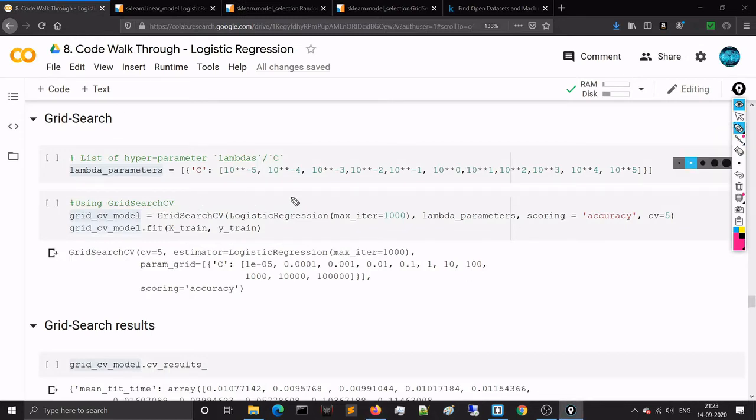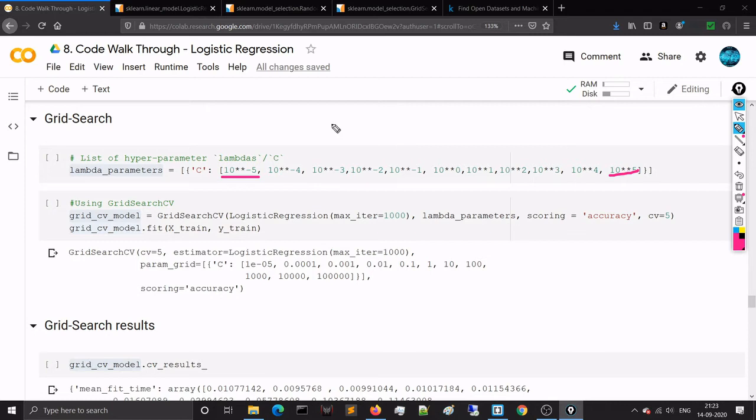So first, what we are trying to do here is setting our hyperparameter values. So what is our hyperparameter? That is lambda. But what we have seen in our documentation in logistic regression, it is not lambda, it is capital C. So you have to use capital C here. Okay, fine. Now I told you in the theoretical class that we'll be using a range of lambda values, or C values in this case. So I've taken from 10 to the power minus 5 to 10 to the power plus 5. This is the range of C value or lambda value, whatever you can say.